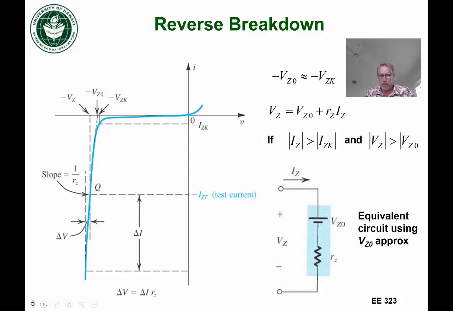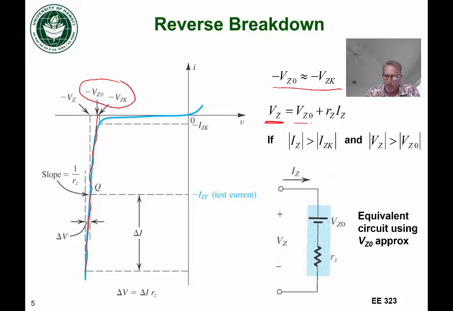Okay, so if we want to model this, one thing we notice is that this VZ0, which is the x-intercept of the linear approximation, is very close to VZK, which is the knee voltage. And so if we say those two are approximately equal, then we can write an expression for this line where we've linearized the IV curve here. Sorry for the squiggly line, it's meant to be straight. And what we see is that if we write an expression for that line, at some voltage VZ,